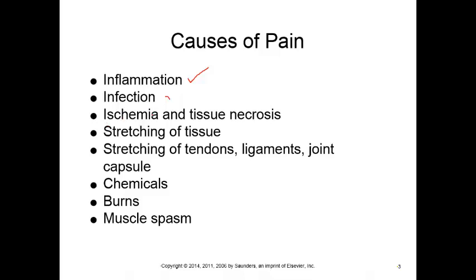Ischemia, which is dealing with low blood oxygen. So if the tissue is dying and it's releasing little chemical signals out, those chemical signals are going to scream and wake up those pain receptors, which are going to send the signal back to the brain. And then also, here's a common one: if we've ever stepped on our ankle wrong and twisted our ankle, when we stretch tissue and we stretch tendons and ligaments, we tend to find out that it can hurt.